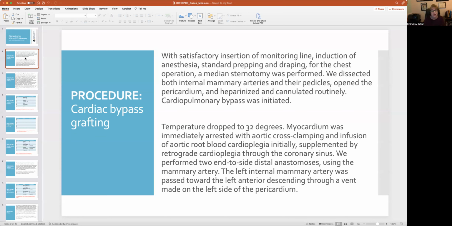Myocardium was immediately arrested with aortic cross-clamping and infusion of aortic root blood cardioplegia initially, supplemented by retrograde cardioplegia through the coronary sinus. Okay, you remember the myocardium is the muscle that surrounds the heart. Okay, we performed 2 end-to-end distal